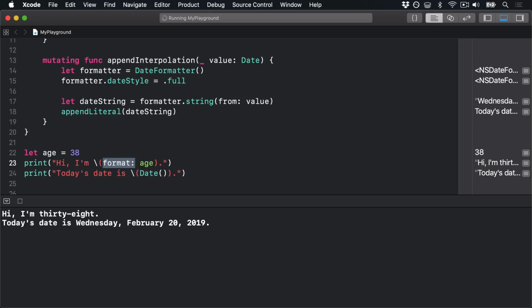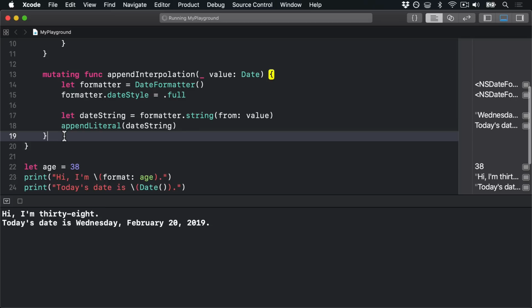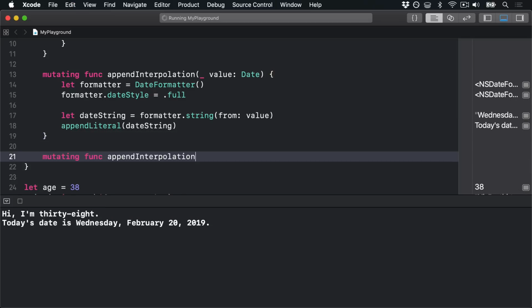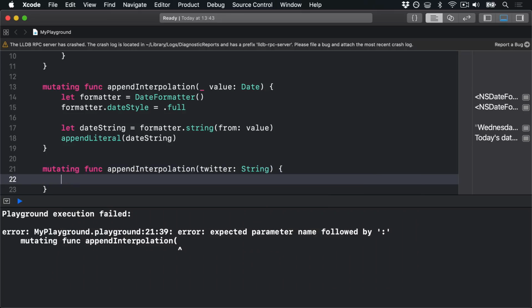As you've seen, appendInterpolation is overloaded. We have one here and the same method here. And it's overloaded based on the type of thing being passed into it. Here's integer and here it is a date. Let's add one more. I'm going to paste it from my pasteboard: appendInterpolation with some sort of Twitter string. And this time I will append a literal being an HTML link to my Twitter account,